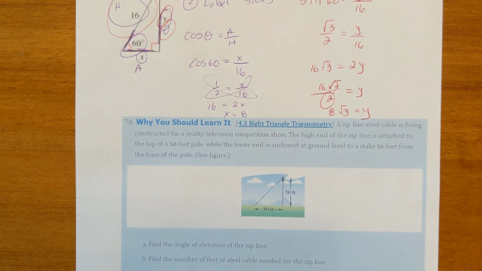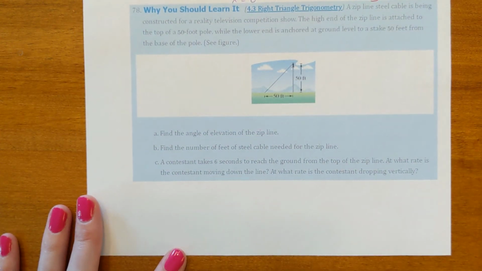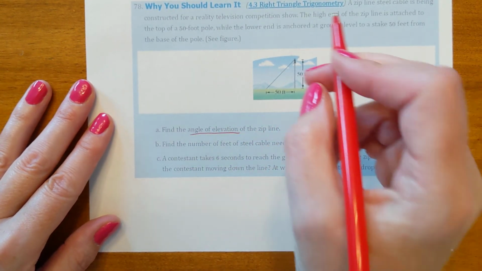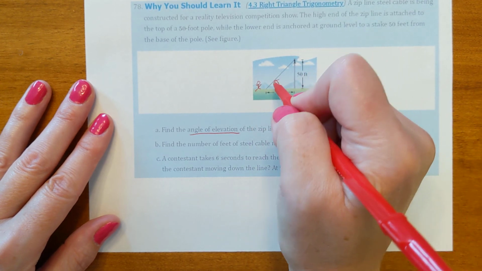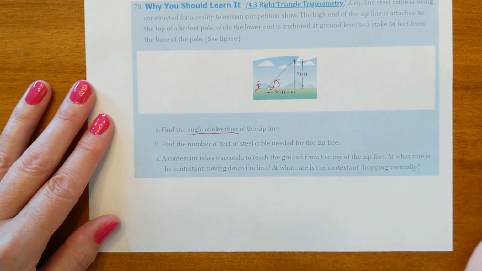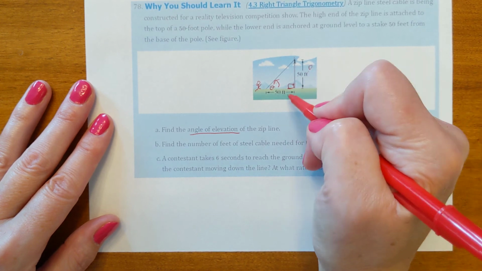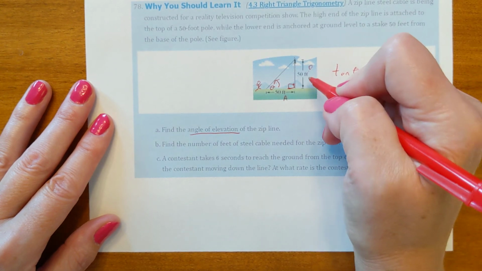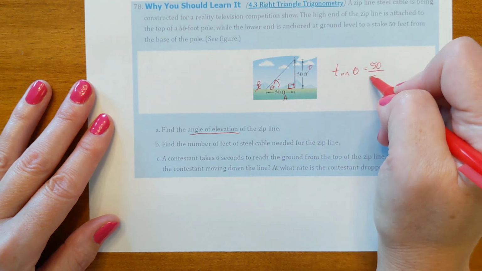All right, and then they made one into a story problem down here. Find the angle of elevation of the zip line. So doing the first one here, they want us to find the angle of elevation. The angle of elevation is where the little man's looking up at. So the guy standing here, he's looking up at it, so this angle is going to be the angle of elevation. This is a right angle, this is opposite, this is adjacent, so that would be the tangent. So the tangent of that angle theta is equal to the opposite 50 over the adjacent 50,